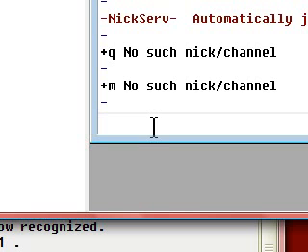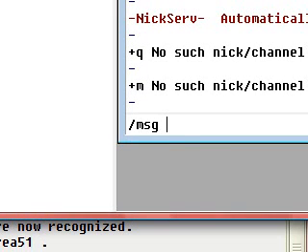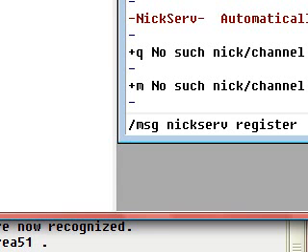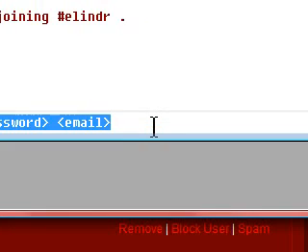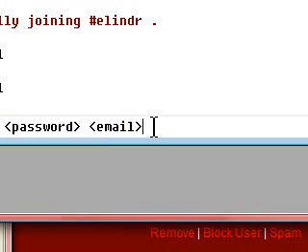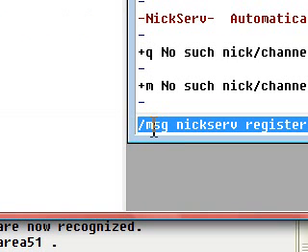But if you aren't registered yet, register using these commands: /msg nickserv register, then your password, then your email. Just replace these with your details and hit enter, and now your nickname will be registered.